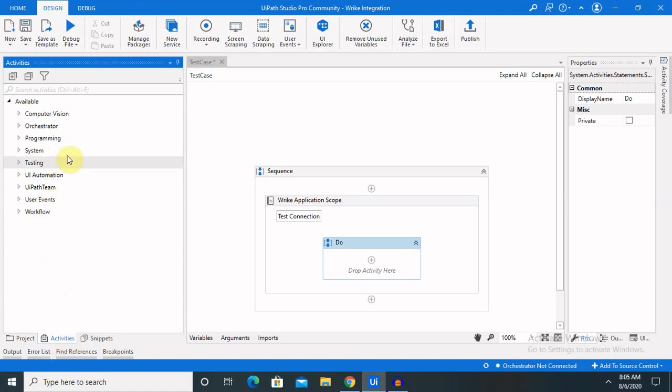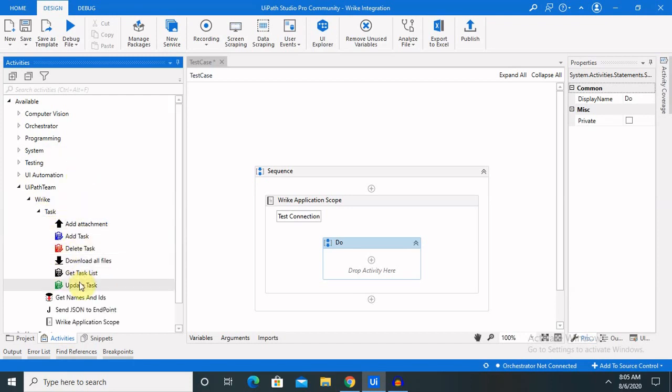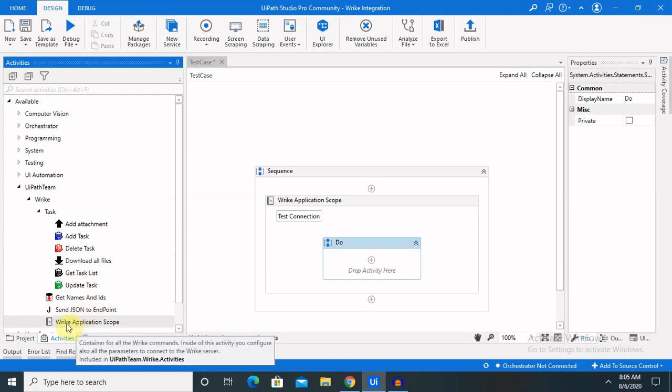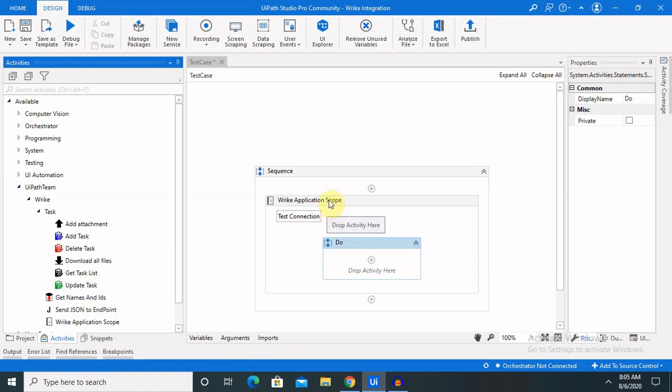Once you install the Brick packages, just go to UiPath team. Inside UiPath team, you're able to see Brick activities are available. For using these activities, you have to drag and drop the Brick application scope and configure the connection.